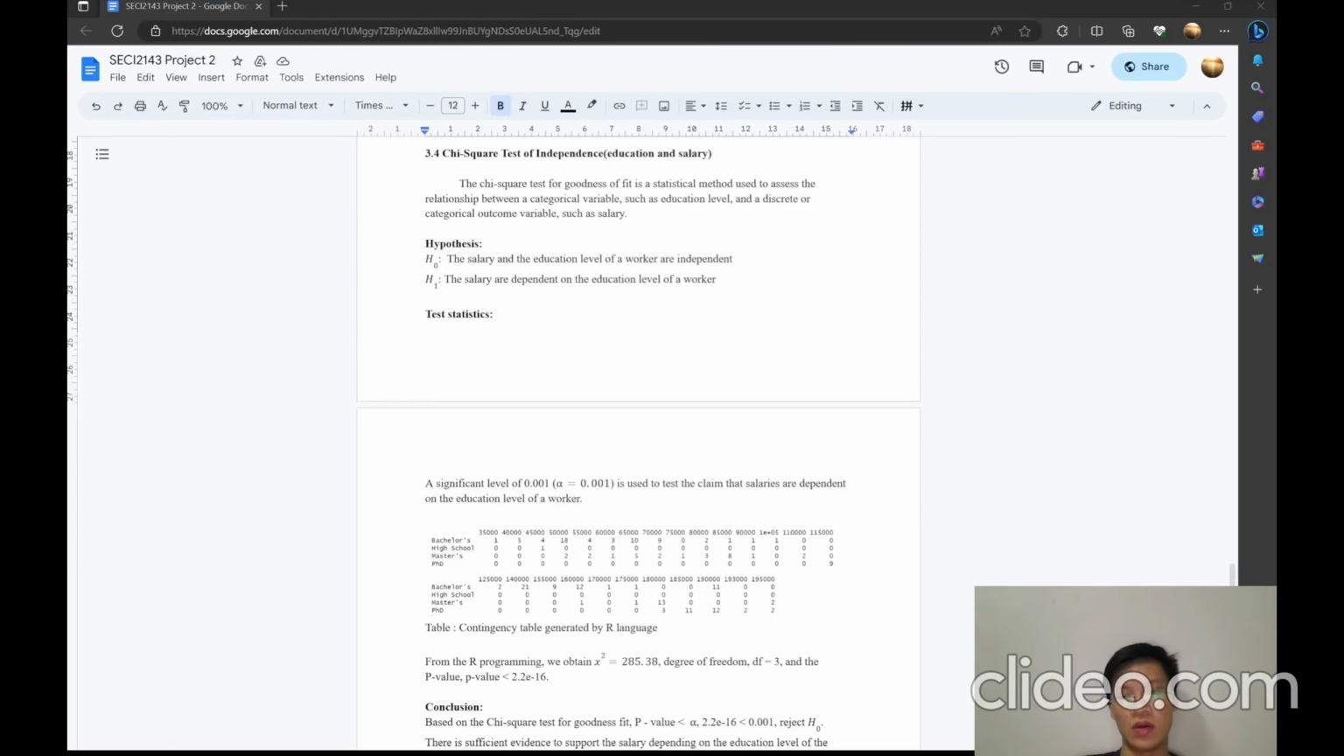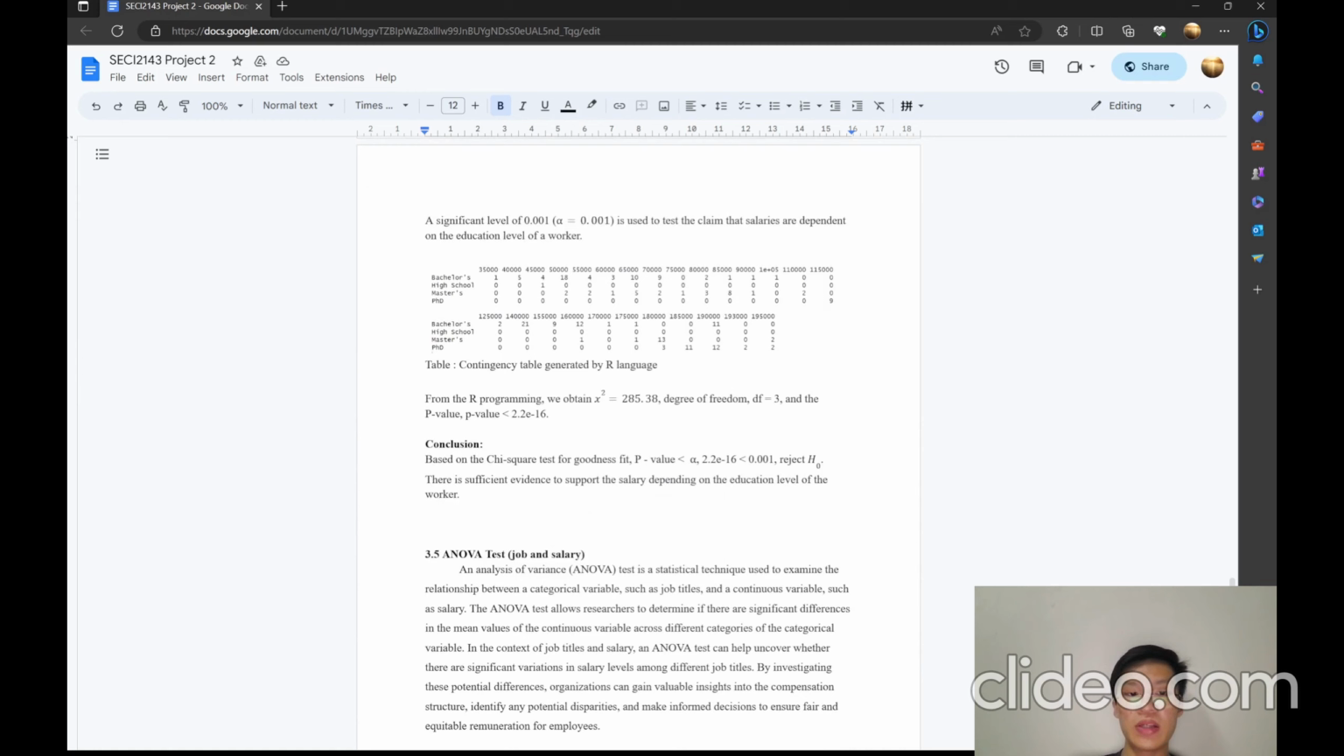Thank you. Okay, now I'm going to present the last part of our project 2. So I'm going to start with the chi-square test of independence, and the variables we tested here are education and salary. Based on the test, we get the p-value, which is equal to